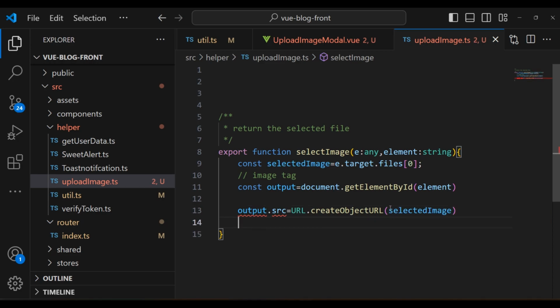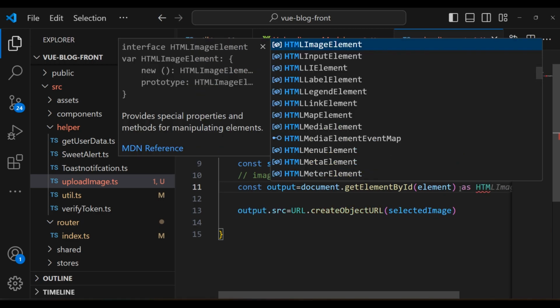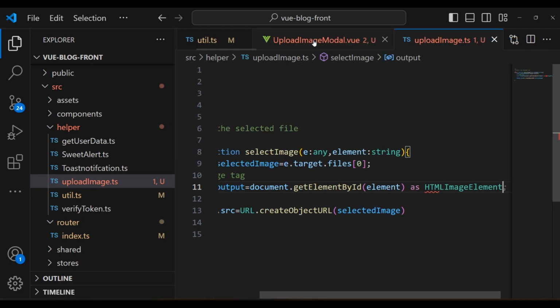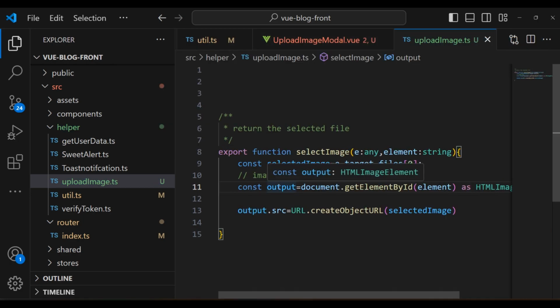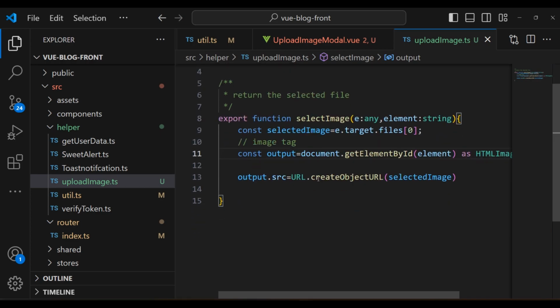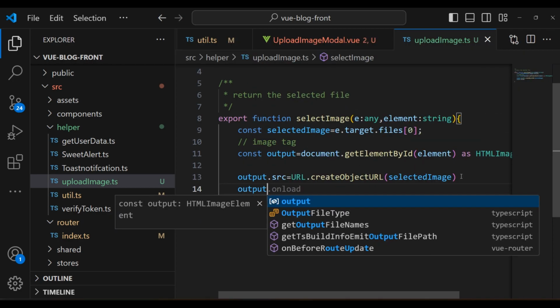And after that, we are going to invoke another function. Here we're going to do source. I'm going to type it with as HTML image element. It is an HTML image element. Here we just type this inputs, this output variable, and here you can see we just invoke the create object URL method to it, and we need to call another function that is going to append now the image output